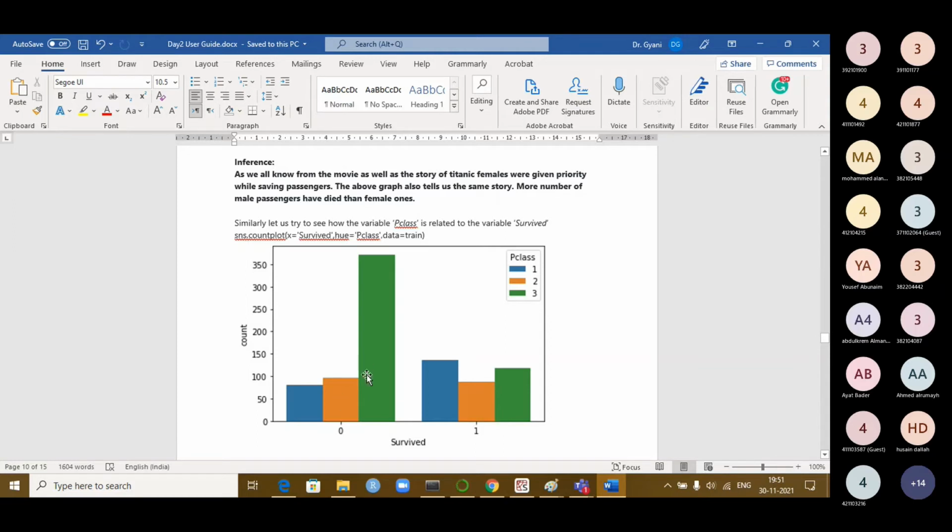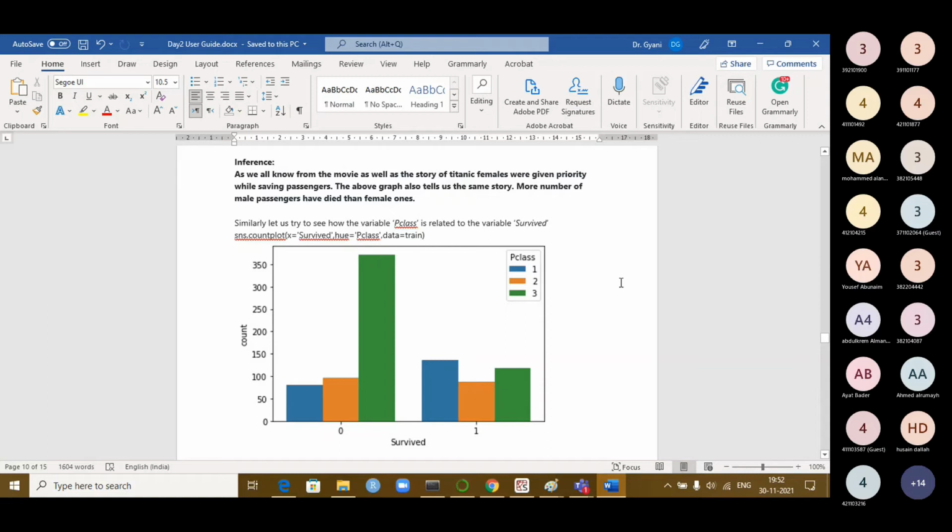Now you see, passenger class 3 mostly died. This bar indicates it. Passenger class 1, first class people, died less. Second class people died a little more. Third class passengers mostly died. They could not save them.